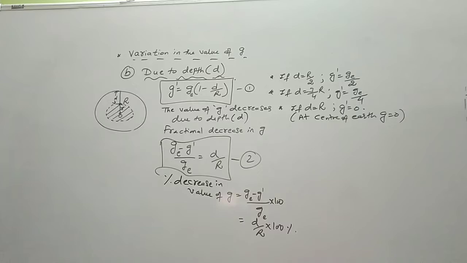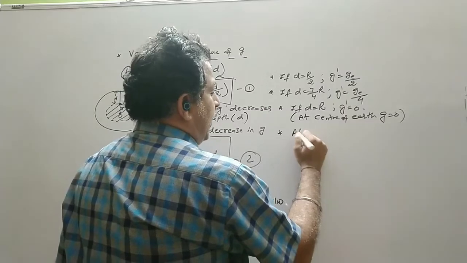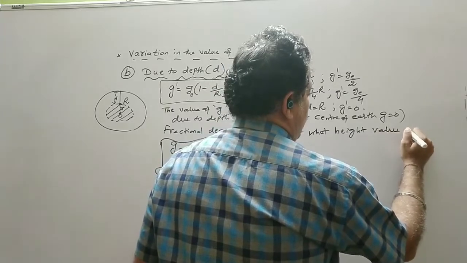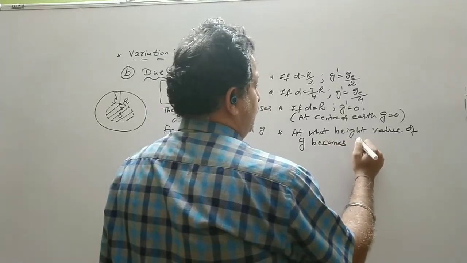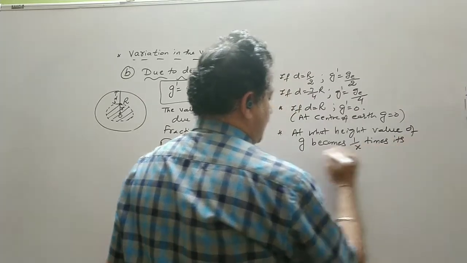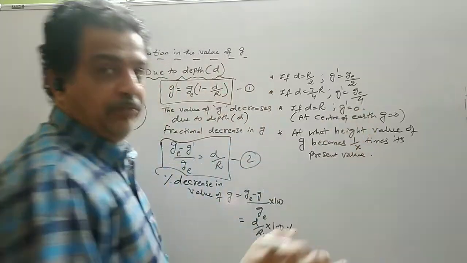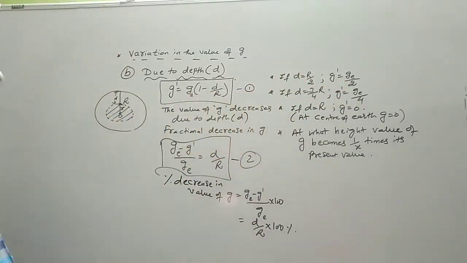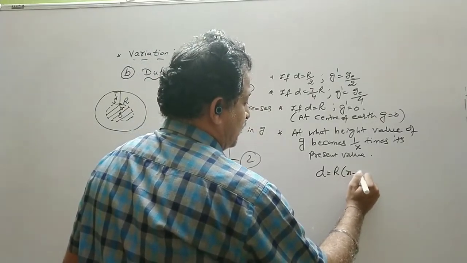Then again, at what depth does the value become 1 by x times? So again we have a shortcut formula. At what depth does the value of g become 1 by x times its present value? So if I say at what depth the value of g becomes half, the depth is R by 2. So we have a general formula, d is equal to R (x minus 1)